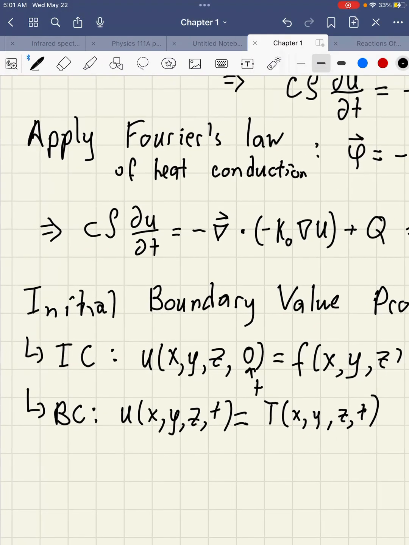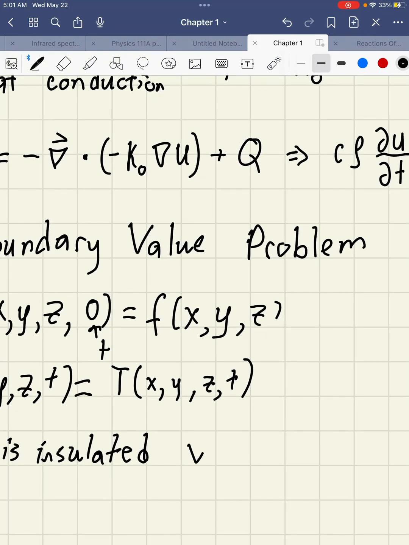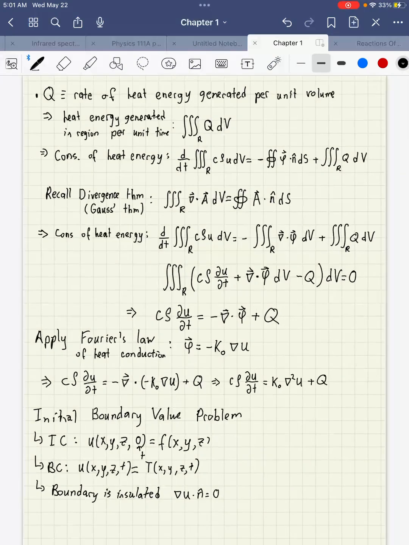So for insulation, if the boundary is insulated, therefore my partial u with the normal component of that is equal to 0. So far everything is just the same thing, but now we are looking at a 3D version. And then similarly, Newton's law of cooling,